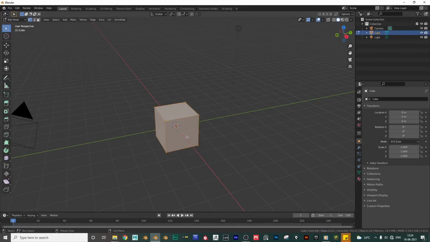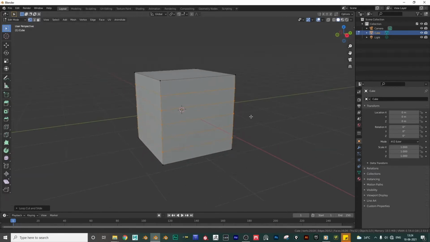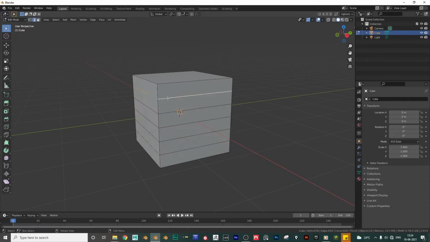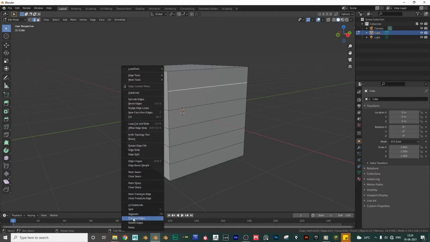I will just show you my setup of Quick Favorites here. Here I have multiple edges on this cube, and if you want to dissolve the edges, dissolve edges doesn't have a shortcut. So I right click and it stops me there for a second to find out the right option here because there are lots of options. But instead you can add dissolve edges to the Quick Favorites. You can also notice some of the other options here which already have their own default shortcuts such as split or separate, but dissolve edges doesn't have. So this is where Quick Favorites are handy.